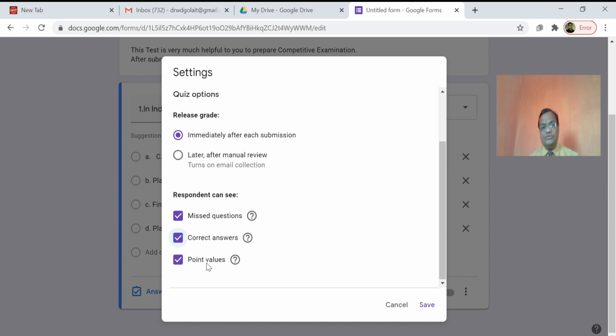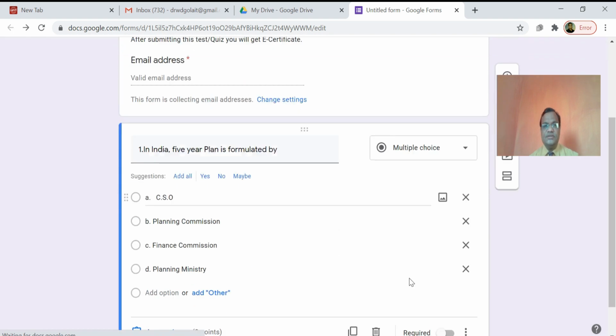If you want to know the point value, meaning marks, click on it and switch it on, and after saving, this setting has been done.